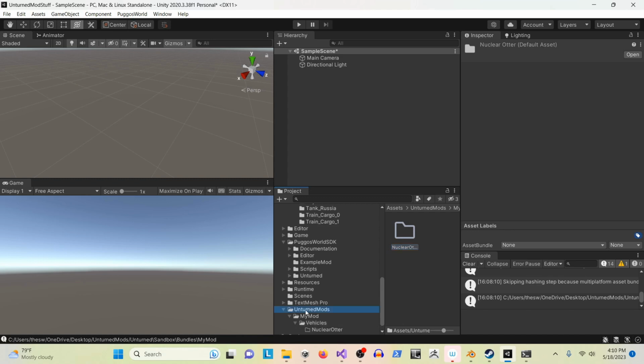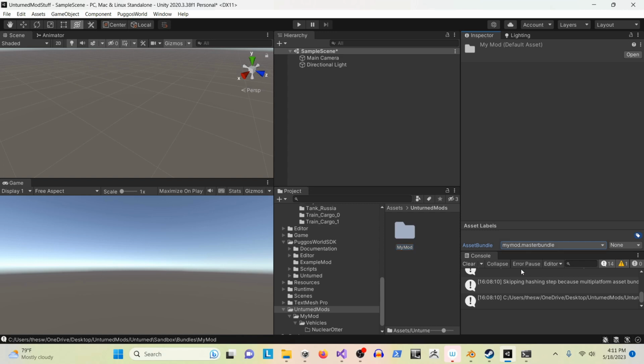Now before we forget, let's make our master bundle. Now this is a tricky thing due to a bug in Unity. Some of you modders might already be aware of it. To make the master bundle, we have to go through a little bit of a process here. So select the My Mod folder. You're going to create a master bundle, new, call it My Mod. See, it won't let me type, so the way you handle that is you select it again, try again,